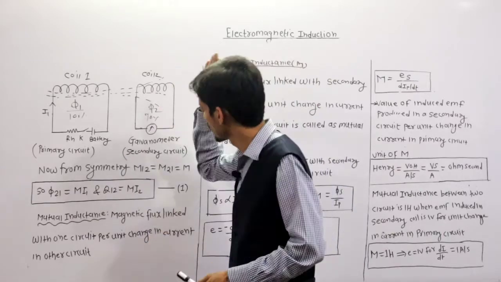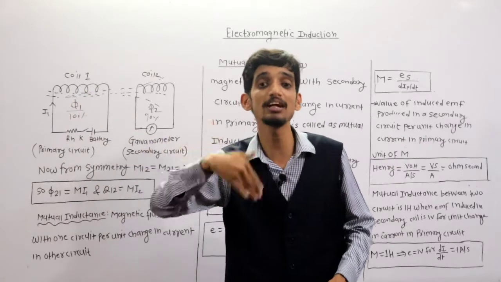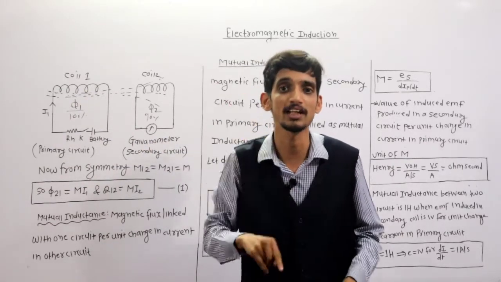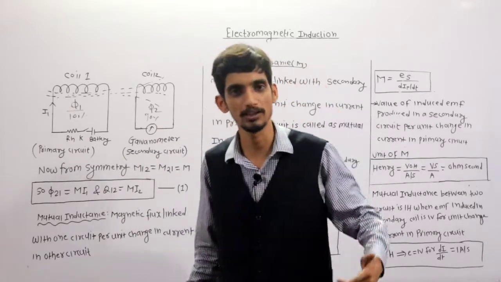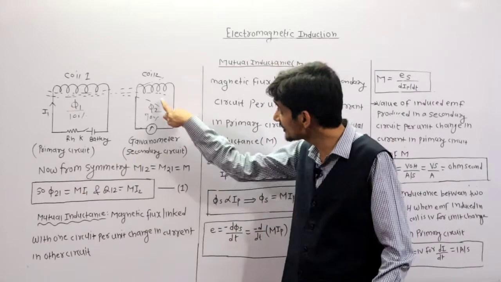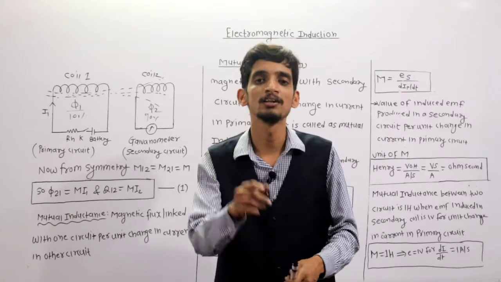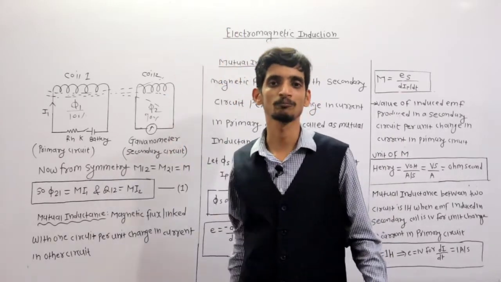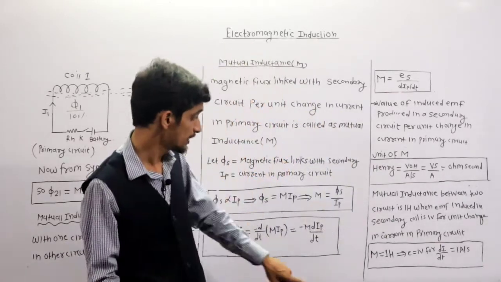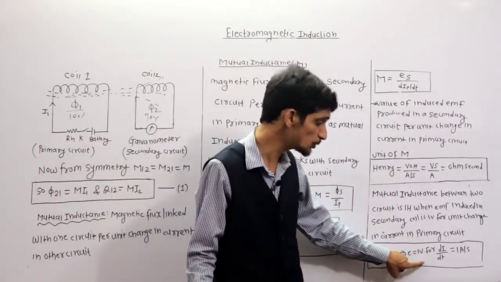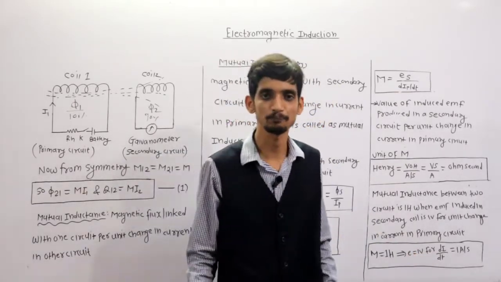It means if the current flowing through the first coil is I1 and it is changing, dI1 by dt, at a rate of 1 ampere per second, meaning in 1 second a 1 ampere change in the current takes place, and for that change the EMF induced in the second coil is 1 volt, then between these two coils the mutual inductance is 1 Henry. Clear? This is the definition of mutual inductance. This is a very, very important definition. So, M is equal to 1 Henry for E equal to 1 volt, for dI by dt equal to 1 ampere per second.